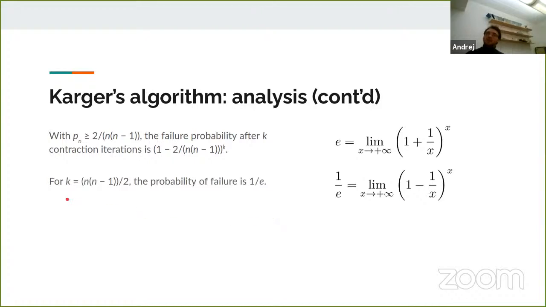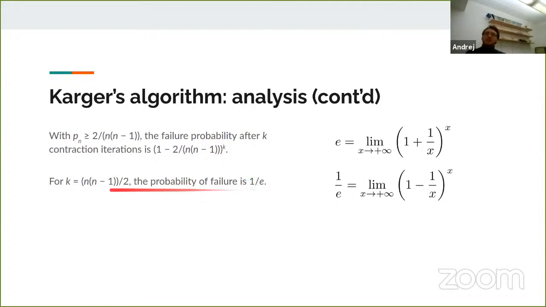So if we let k be equal to n times n minus 1 over 2, the probability of failure is approximately 1 over e. So something like 0.4 or whatever it's supposed to be. Now, probability of failure being 0.4 isn't that great. Yes, so this isn't that great,